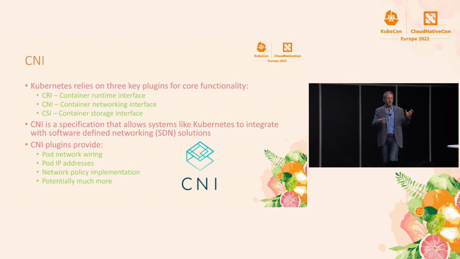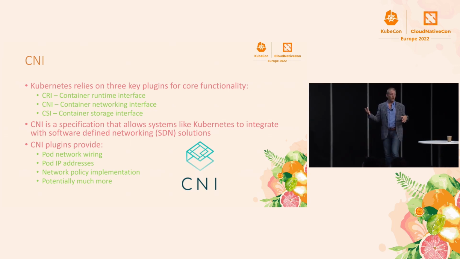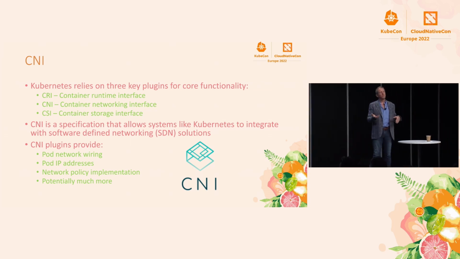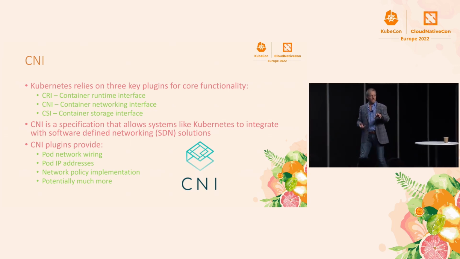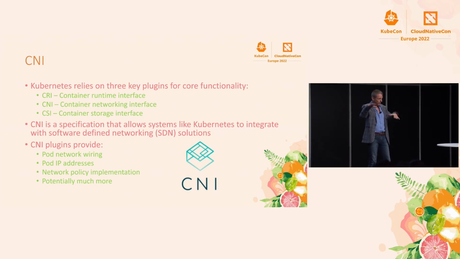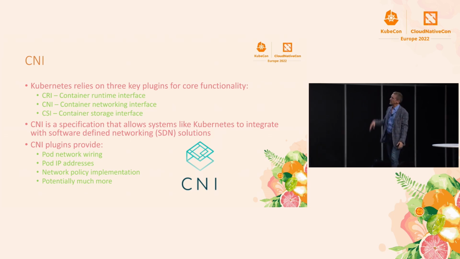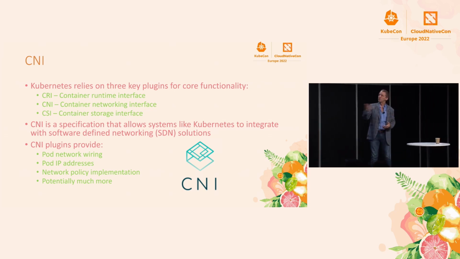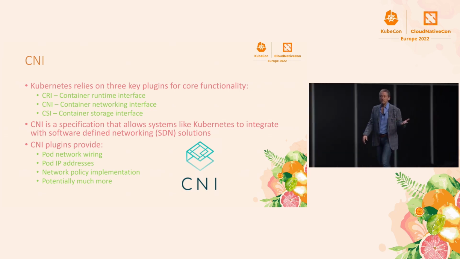So the CNI solutions generally have at least one and sometimes 2 components. The first component is a daemon set pod that runs on every node in the cluster and handles the organization of all the pods on that cluster. And then sometimes there's a control plane too. But those CNI components make it possible for pods to reach each other when they're on different hosts. And they can do that in lots of different ways.